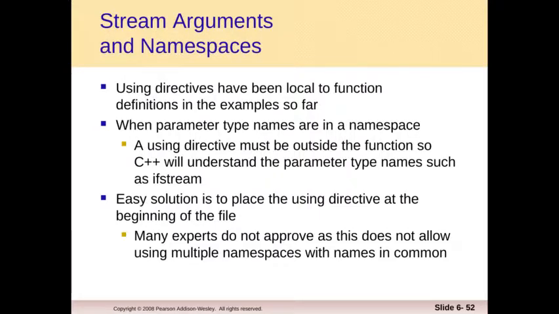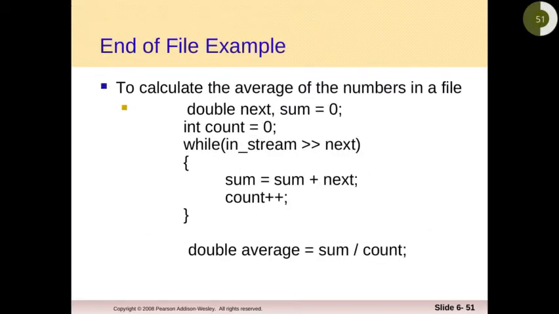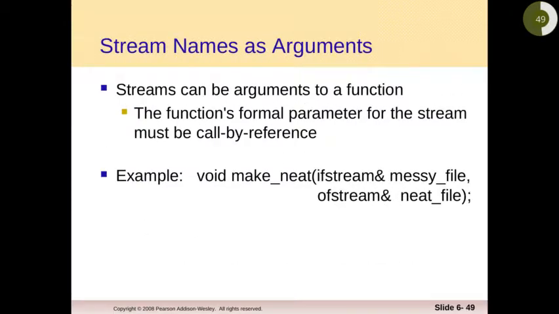I need to go back a few slides. If you were to only put this using namespace std inside some functions, then it would only have an effect inside the function body, and not, for example, in a declaration like this one. So in this declaration, you would have to prefix ifstream with std:: and same with ofstream. You would have to prefix that with std::